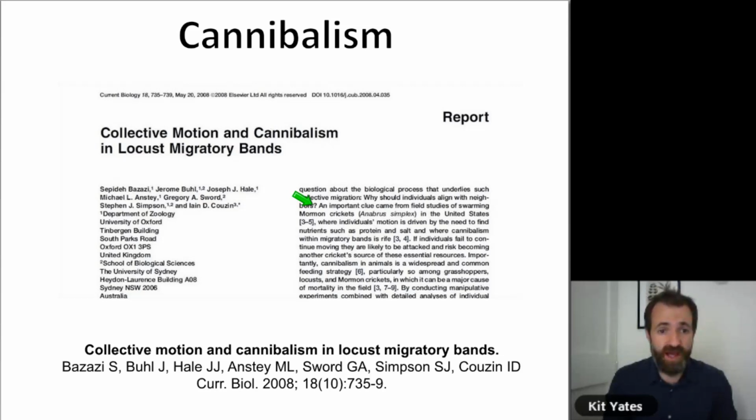And one reason that we thought might be prevalent is cannibalism. One of the best ways for locusts to get protein and salt into their diet is actually to eat other locusts. And during experiments, you find that if you anesthetize the back legs of locusts, then they will just sit there quite happily while other locusts start munching on their legs behind them. So cannibalism is actually a factor which is really driving these swarms onwards.